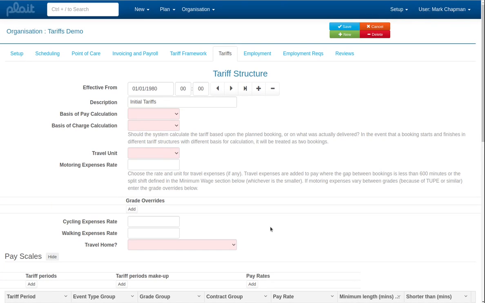it is a complicated area of the system, and it is an important area of the system, because clearly if it doesn't work, you know, you're not bringing money into the business, or you're not paying people the right amount, and then they're going to walk. So I'm sorry that this is so complicated, but it has to be. So tariffs are effective from a date and time,